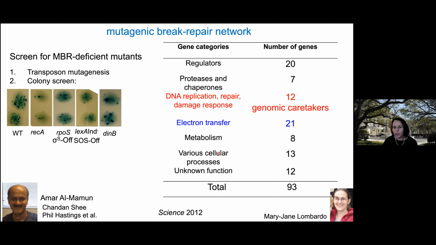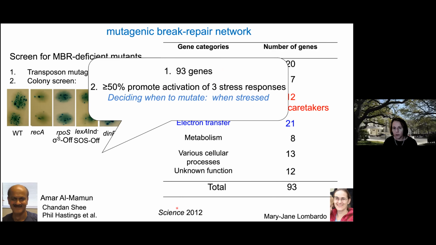And doing a lot of experiments, this is kind of old and published, so I won't tell you them, but I'll tell you that of these 93 genes, more than half of them were leading to mutagenesis by virtue of activating a stress response. And for example, that means that if you don't have that gene function, but you artificially upregulate the stress response, mutagenesis happens again.